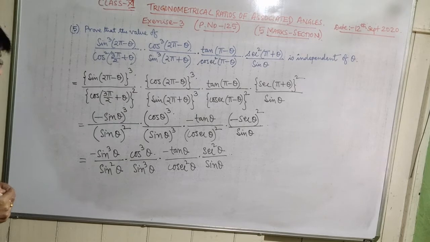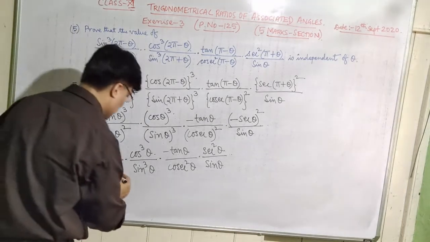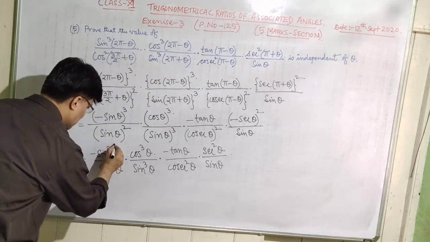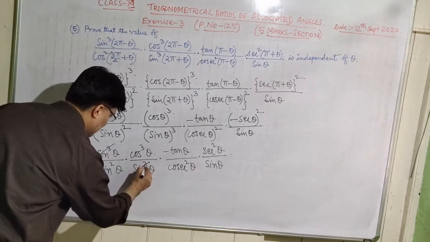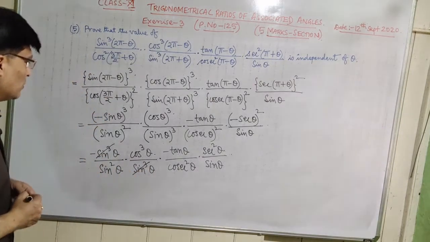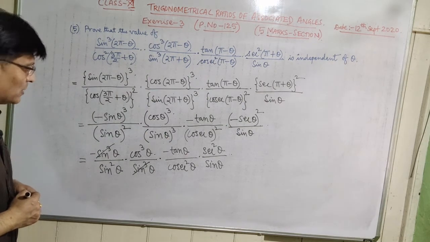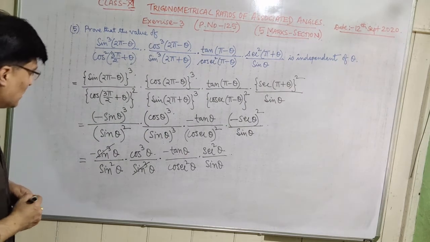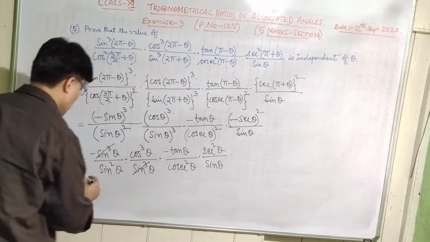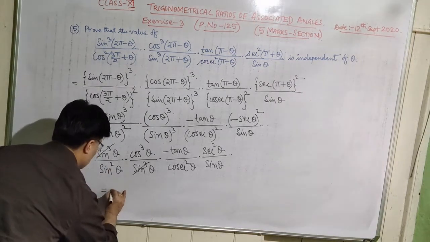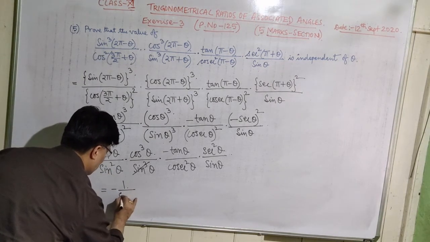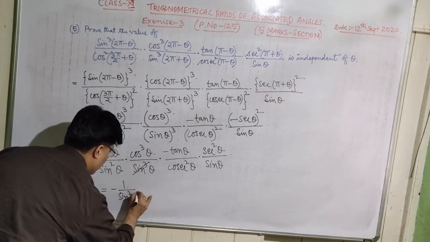So I think you have understood it. So here you can cancel. Let us cancel this sine cube theta and this sine cube theta. So I think you have understood it. Let us simplify it further now, which is equal to, now this is minus 1 by sine square theta